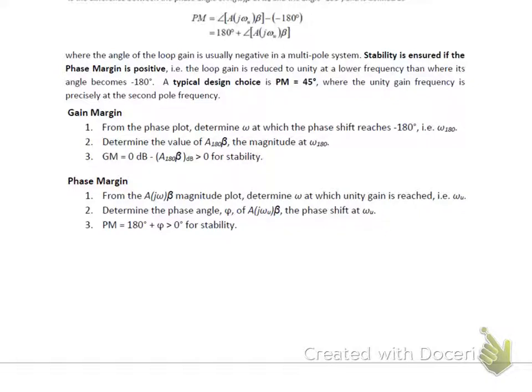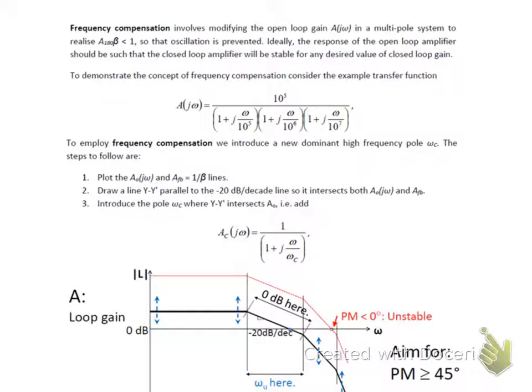So the way you do that is like this, right? If you have this system here with these 3 poles, and it creates this graph there, where this is the first pole, that's the second, and that's the third, you can increase the phase margin and the gain margin by decreasing